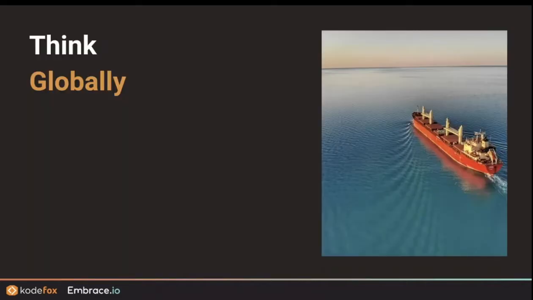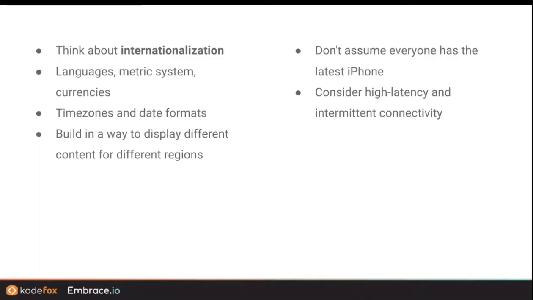Now, when we think about versions that are out there in the wild, another thing is what does the landscape look like? How do we think globally? And so obviously there's internationalization, and there's languages and stuff. One thing that I think people don't always think about is not everybody has the device that you and me are using, right? We're probably on something relatively recent. You look at even the US market, it's something like 50, 60% iPhone. That is not representative of the world, right? Only about 4% of people live in the US.